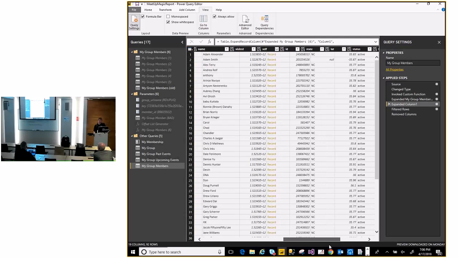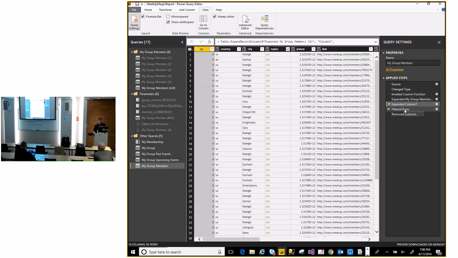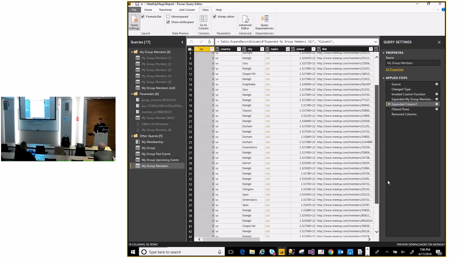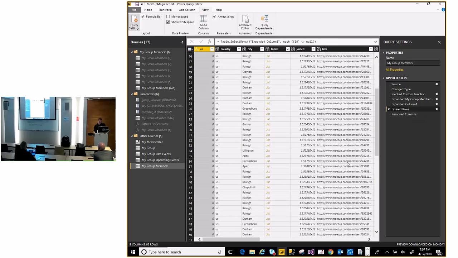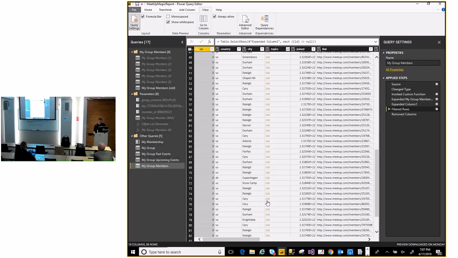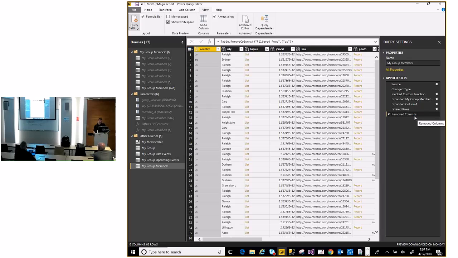So there's the list of all of you, and now I actually started doing some other things. The first step I took was to filter out these nulls at the bottom here, so I'm just down to the 88 rows that I need, and then I started getting rid of the indexes and unused columns. Not quite finished with that, but I'm not really all that excited about investing a lot more in it, because it's not really the solution I want. I really want to get to that programmatic level where I can do this dynamically.